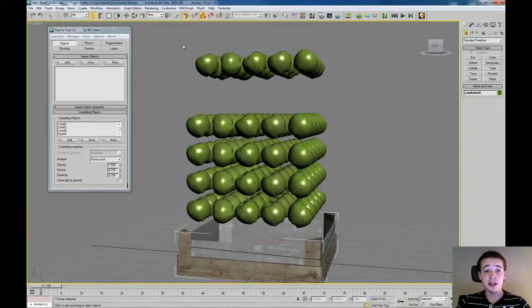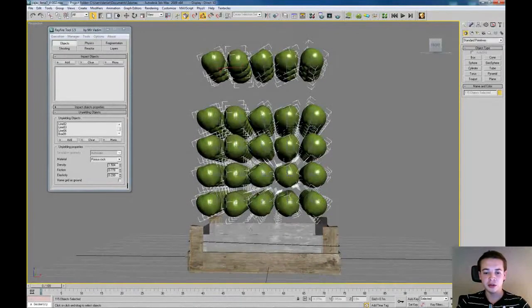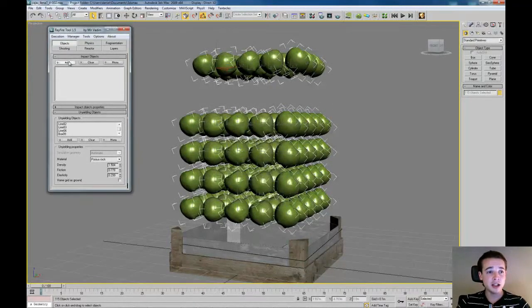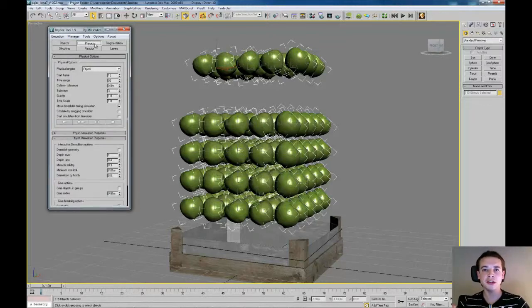The next step is to tell Rayfire which objects are going to be involved in the simulation and are moving. Of course, I exclude the containing box, and I add my objects, the apples, in the impact area. As I told you, it's mainly used for fracturing, so the active objects go in the impact. Another very important thing to consider is that in the physics part,